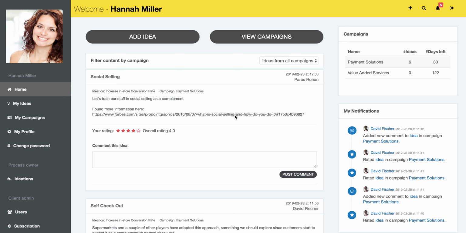We're now logged in as Hannah again because we need the admin access in order to do the next step in the innovation process, which is organize ideas into clusters. But first we need to close our idea campaign. And either that happens automatically because the end date has passed, or we can go in and do it manually